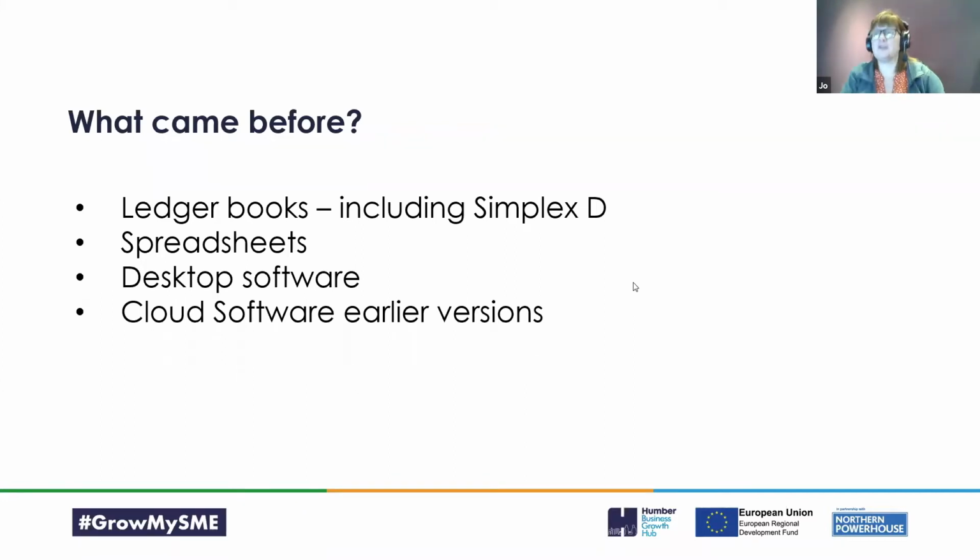So from spreadsheets, we moved the world, when we say we, the world moved to desktop software. So lots of fantastic software with great functionality, but it was the kind of thing that you received through the post on a disk and you put it onto your machine, and that's where it's at. On your machine, you might get updates for it, but people typically didn't. So they would buy a piece of software, never update it, keep it for as long as they possibly could. But it was always just on their machine, which was fine up to a point, and the functionality was great.